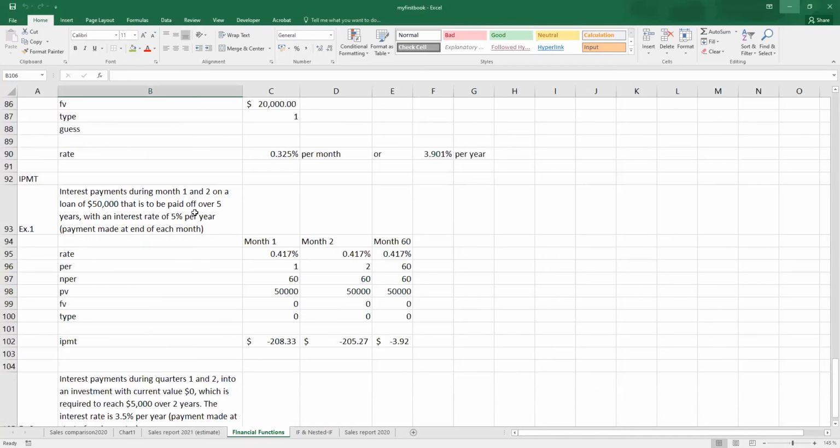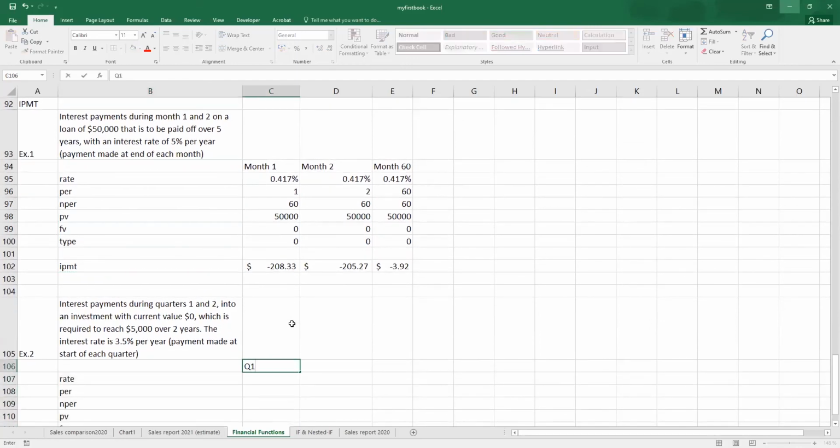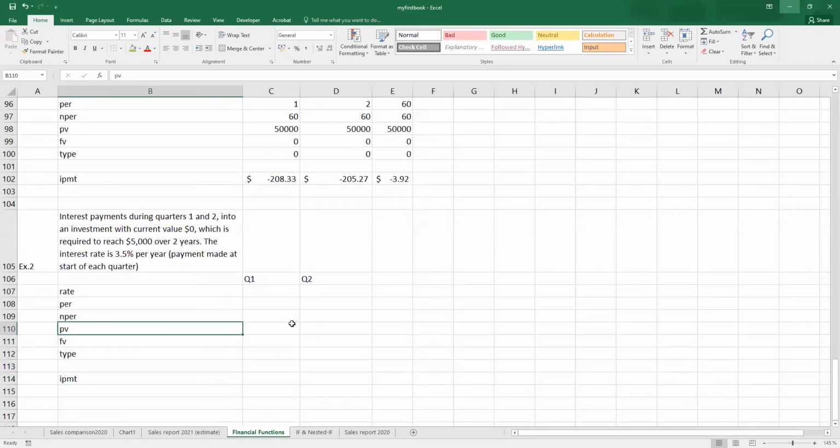Okay, so let's see. I just put all of these values first. For this one you are asked to find the interest payment for quarter one and quarter two for the investments. We would like to find out the interest that the financial institution will pay to us, or if you are a financial institution, we have to pay to our customer. The investment current value is zero so